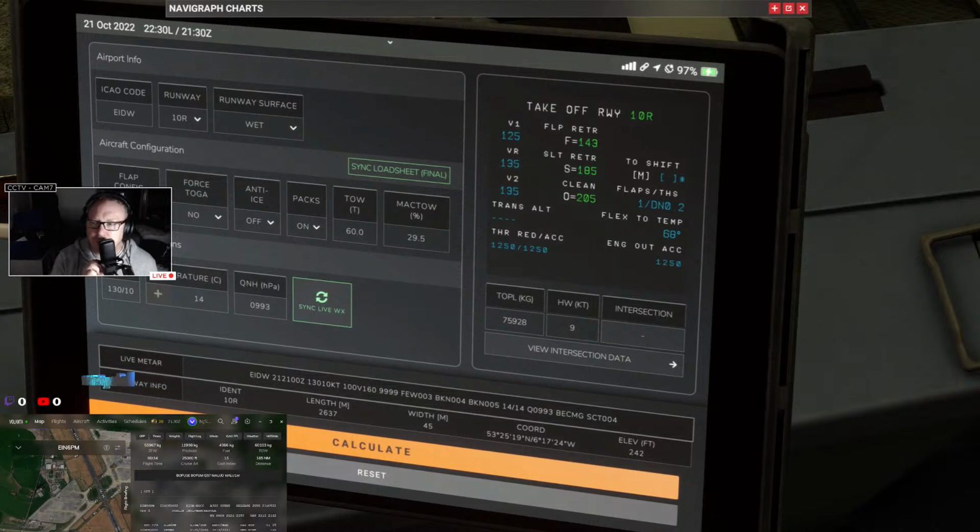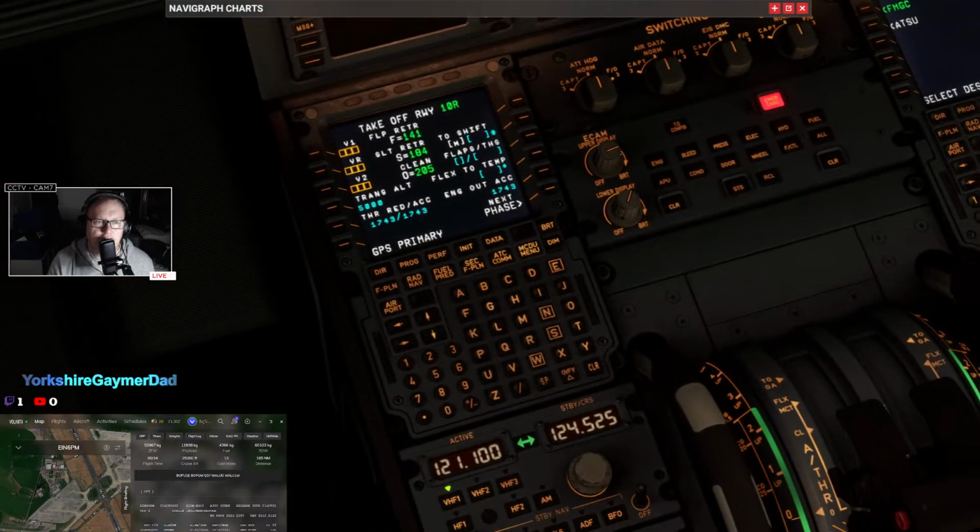Gives us a V1 of 125, VR of 135, V2 of 135. We're using flaps 1, trim down 0.2, and flex temp of 68, and our thrust reduction is 1250. So we need to put all that data over here. 125, 135, and I'm crap at remembering anything. 125,